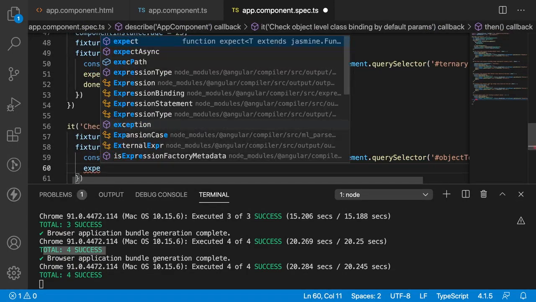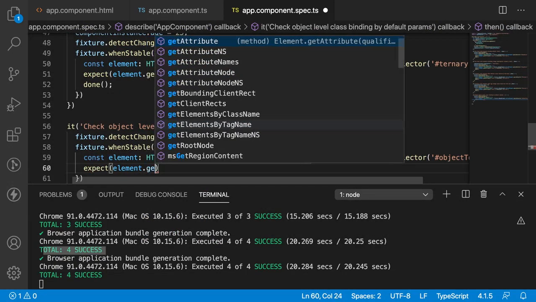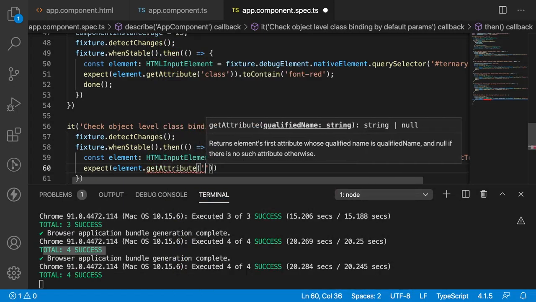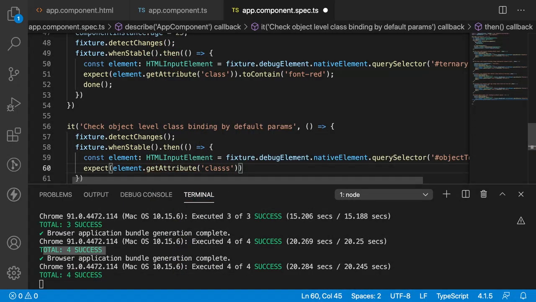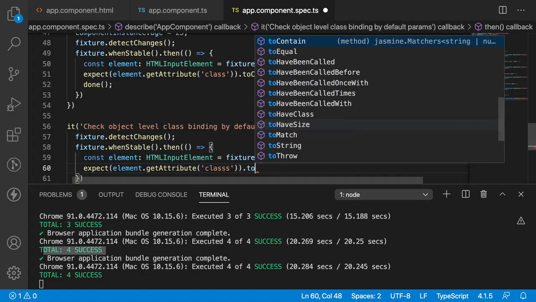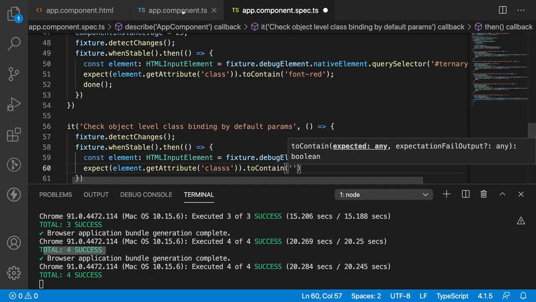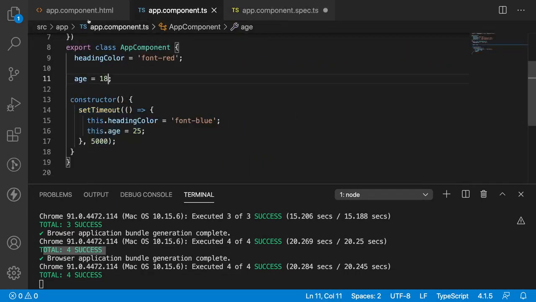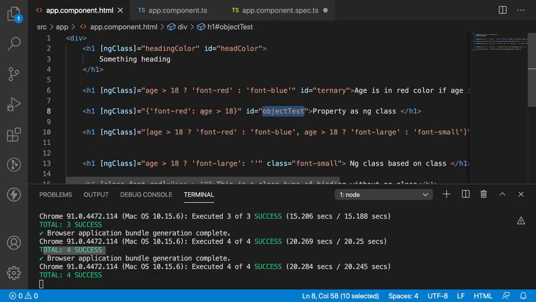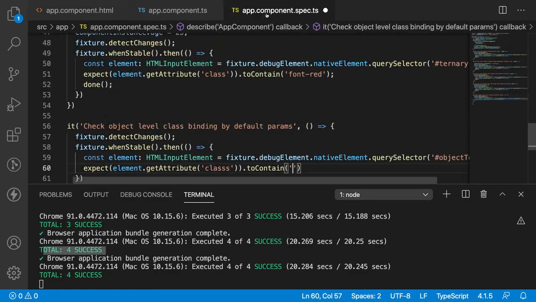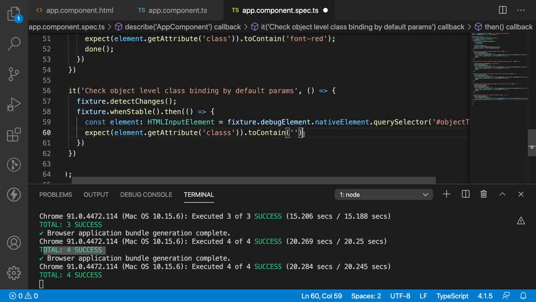Let me expect element.getAttribute of class. What it should contain? My age property is 18, and if you go here, age property greater than 18 means it should have font red, otherwise it should not have anything. So we can expect an empty, or should not contain, it should not contain font red. We can say font-red.